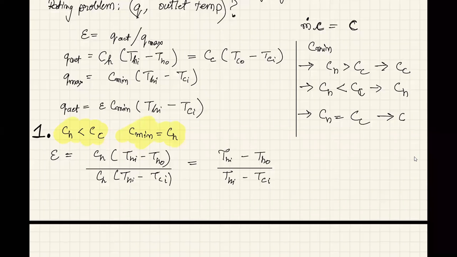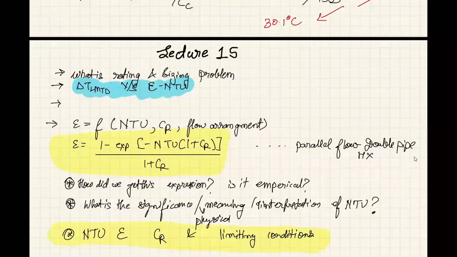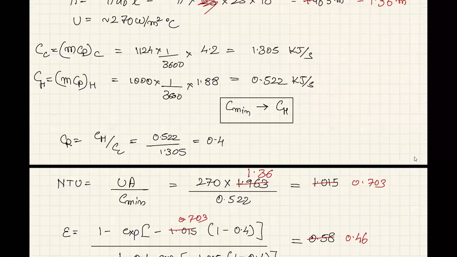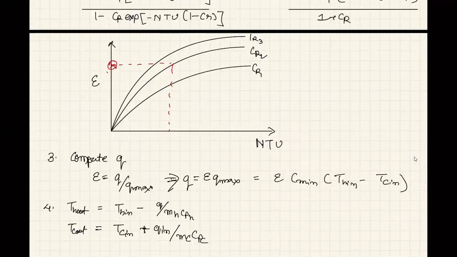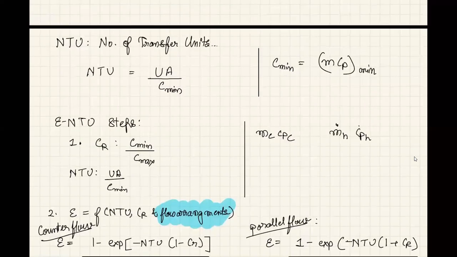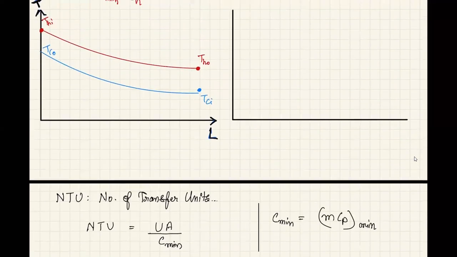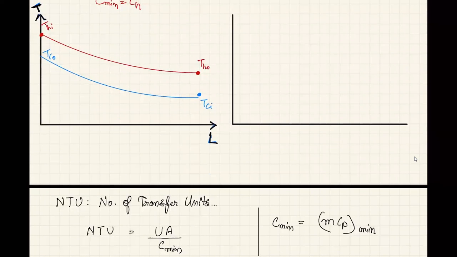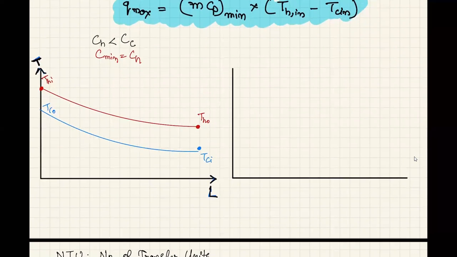So we are seeing that there are two cases, CH less than CC, Cmin is equal to CH at that point, and mathematically we found out the expression for epsilon. At the same time I said let's go back and draw temperature profiles for the case of counter flow. Alright, so this is typically the case where CH is smaller than CC, and